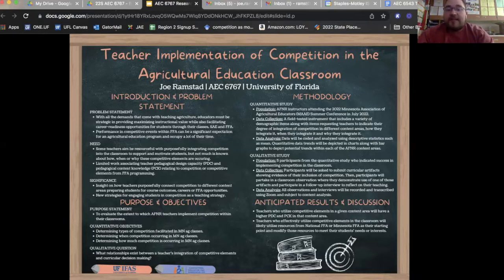Teachers who effectively utilize competitive elements in the classroom, I also think will likely utilize resources from the national FFA, or in our case, Minnesota FFA, as their starting point, and modify those resources to meet their students' needs or interests. So for instance, in my veterinary science classes, my curriculum in terms of identification and some of the things that I teach comes directly from those practicums and the identification portions of the career development events.